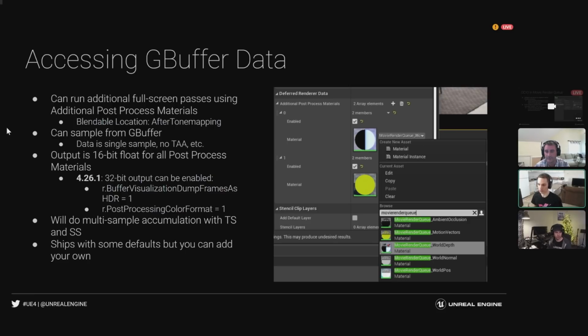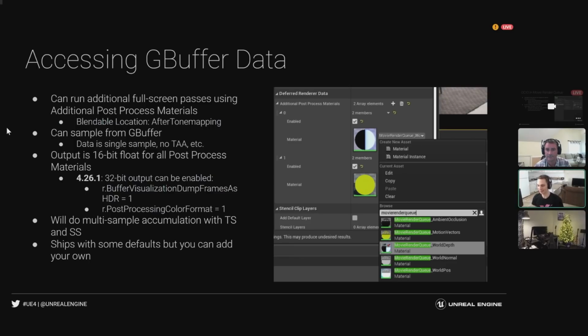But people sometimes want to access this gbuffer data because they want to say, hey, I'd like to get the base color for this scene. And so what people run into a lot is that the way a gbuffer works is that it's a single sample per pixel. So that means there's no depth of field, there's no anti-aliasing, there's no motion blur. And this is because if you take a depth buffer and you apply anti-aliasing to it, the values are no longer depth, right? It's an average between the front and the back, and that doesn't make any sense. So that's something to be aware of, is that when you do access gbuffer data, it is single sample.